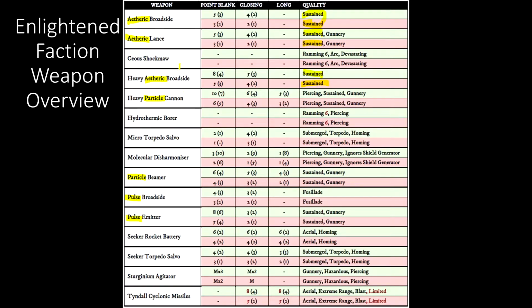Overall, we have the Etheric Broadside, Etheric Lance, and the heavy Etheric Broadside. And these sort of replace the standard broadsides that you see on a lot of other Orbats. This heavy particle cannon is a sort of rare weapon, right? So I'll put a little dot here for what I mean by rare weapons. These are basically